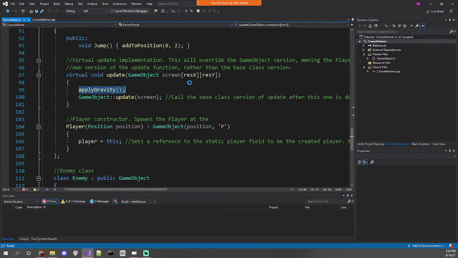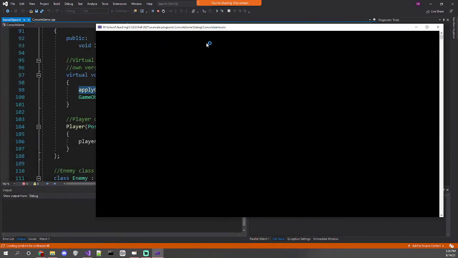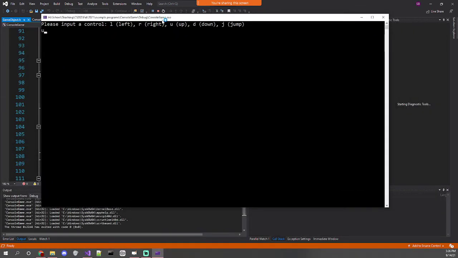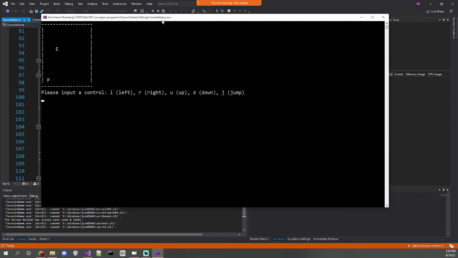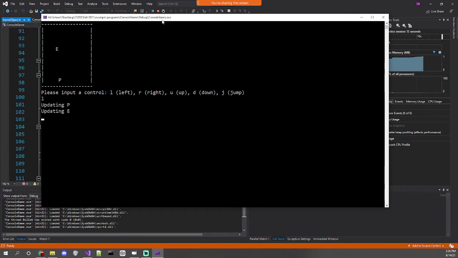So if we run this really quick just to make sure that it actually works, we should see that the game, while it's still kind of janky, does kind of work. And you can see the little updating flashes there for a second if the frame rate shows it. But if I hit right, you'll see that the player moves right and the player moves left, and then